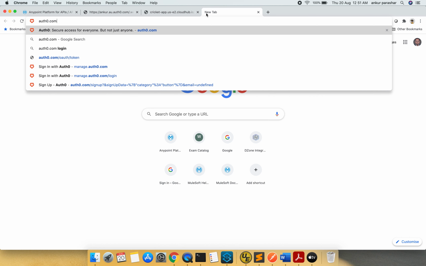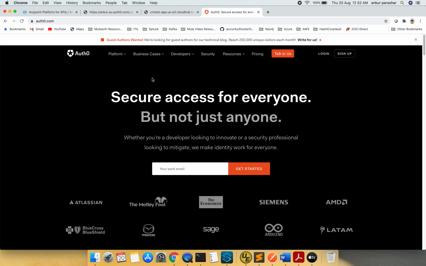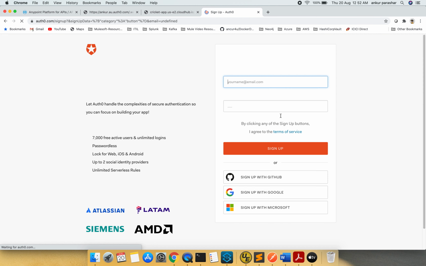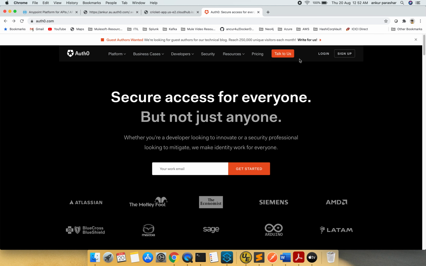So with this Auth0, you can create an account over here, and it gives by default 22 days of trial version if you are working at an individual level, but apart from that you can opt for an enterprise license as well. You just have to click on sign up. You can give your email ID and password and go for sign up, or you can use any of the OAuth options like GitHub, Google, or Microsoft. Since I have already created a login on this particular Auth0 site, I will directly log into it.